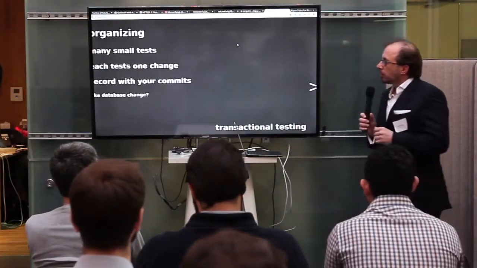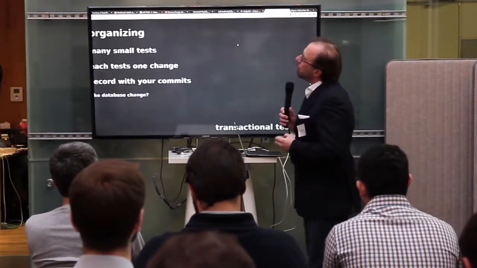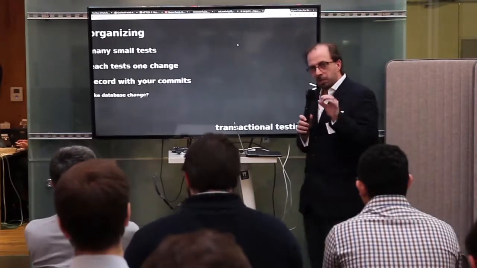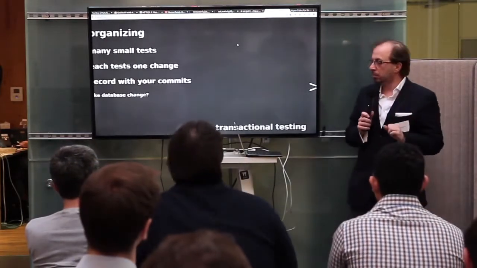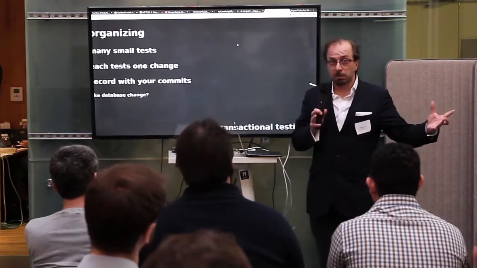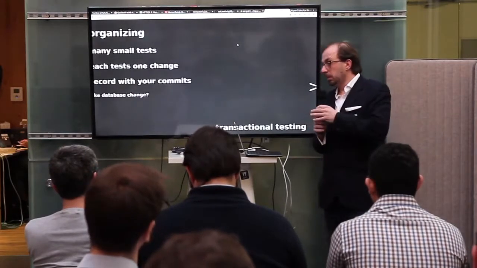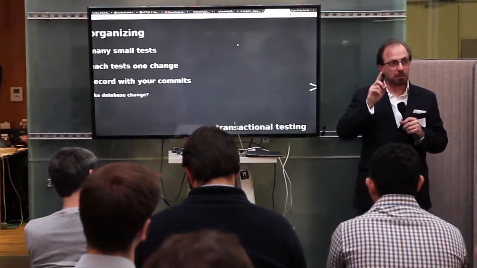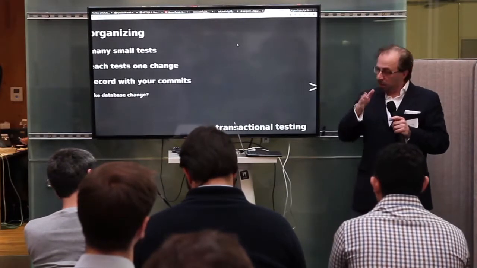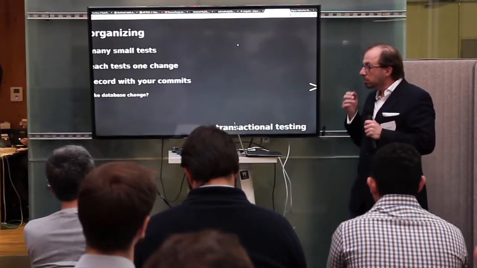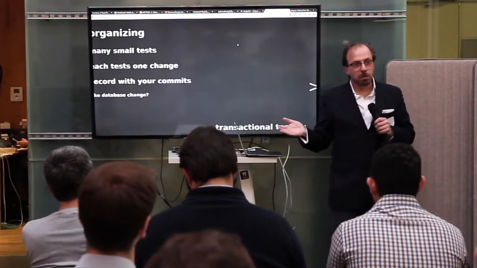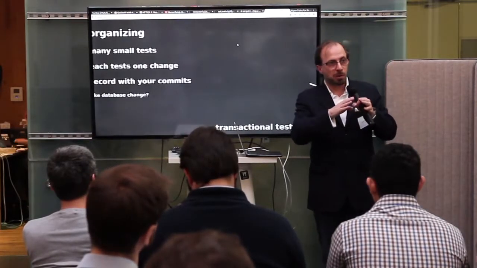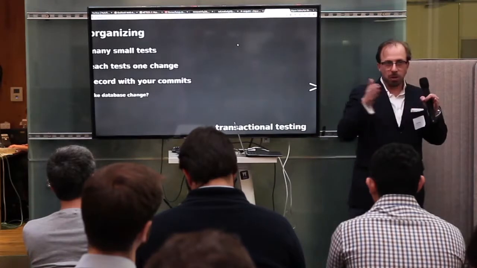So, why is this a big deal? Because then we can have lots and lots of really small tests that do very small things. And together, they can assure us about stuff. So each test is very understandable. It does one thing, right? It tests something really tiny, and we can see clearly what it does. And you can associate it with your commits. You can make it very clear, the relationship between what I'm trying to do and what the test is.